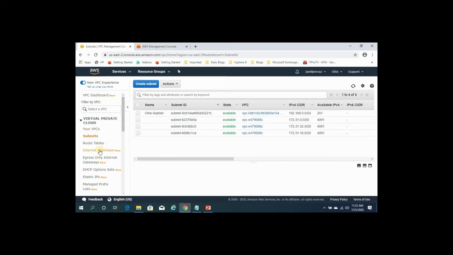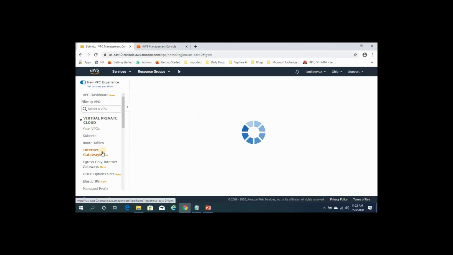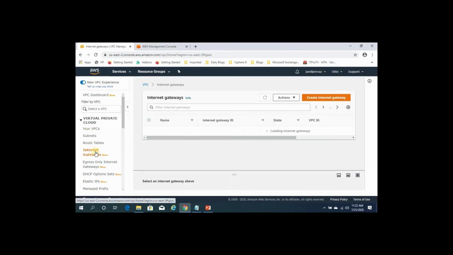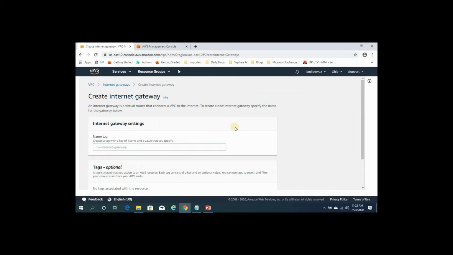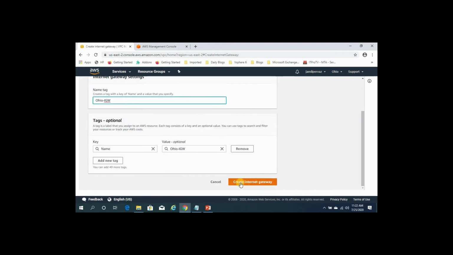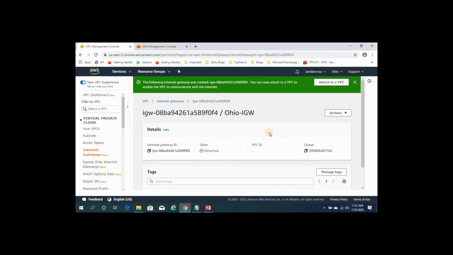The next step is we need to create internet gateways. Click on internet gateways. Select create internet gateway. Type a name. I'm going to create an internet gateway in the Ohio region, so I'm giving the name Ohio Internet Gateway IGW. Click create internet gateway.